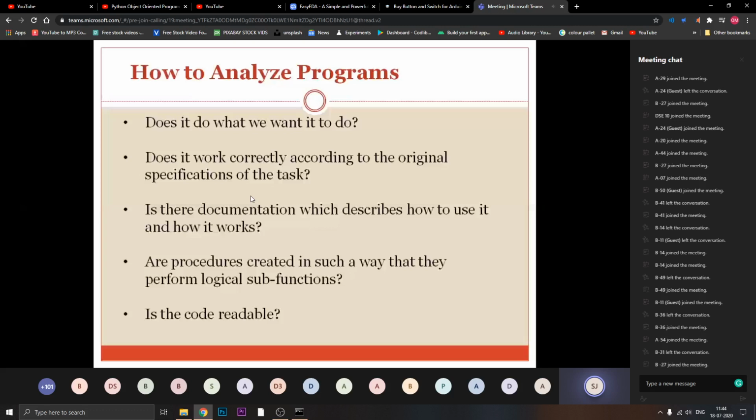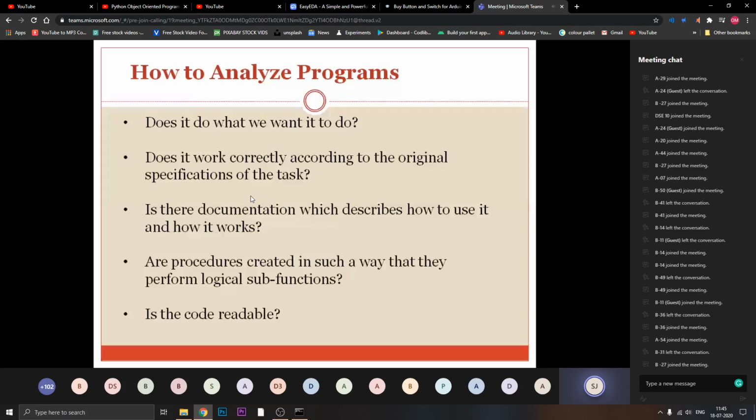Original specification in the sense, currently I want addition of two numbers, so your program must take input of two numbers. Later, if I want to perform addition of four numbers together, your program has to be changed, the variables will be changed, and the program should accept four inputs and then perform the addition.